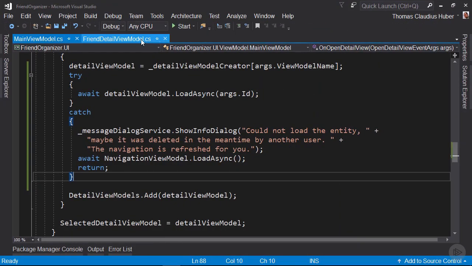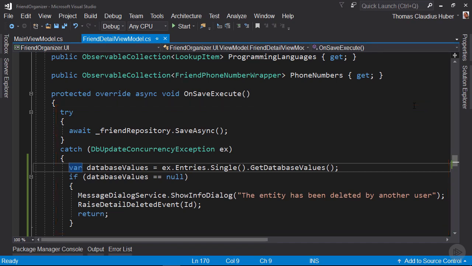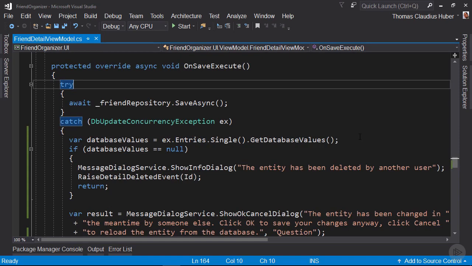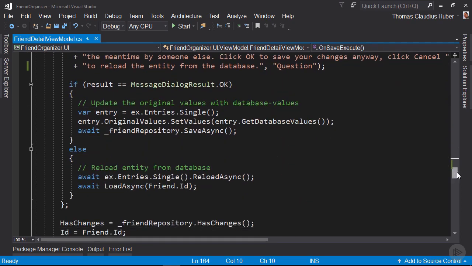Now let's see how we can refactor this code in the onSaveExecute method of our friend detail view model to the detail view model base class. Here you can see the onSaveExecute method of the friend detail view model. In this method we handle the DB update concurrency exception, and we have implemented quite some logic inside of this catch block. So here we have, for example, the logic for the scenario client wins, and here the logic for